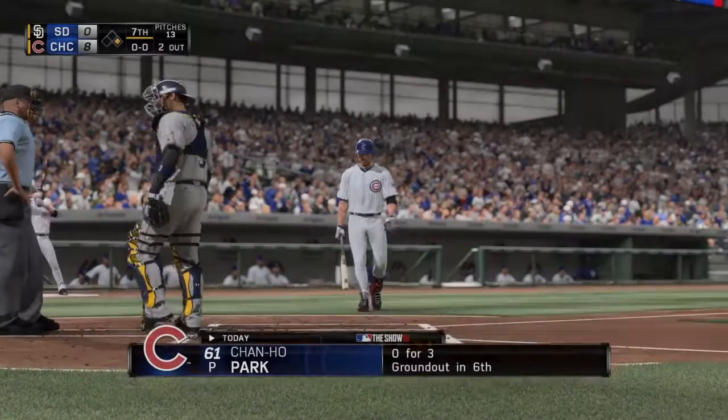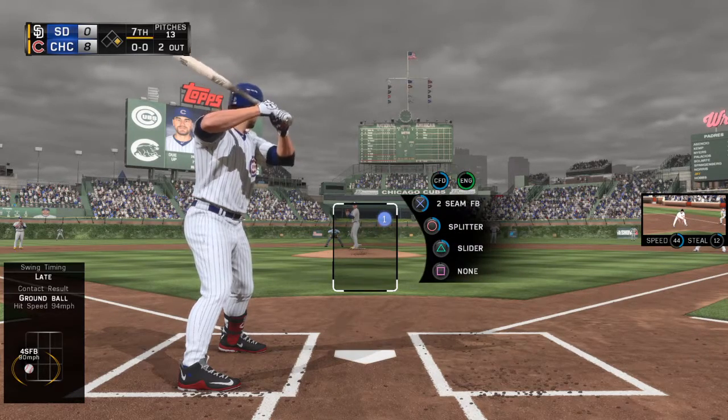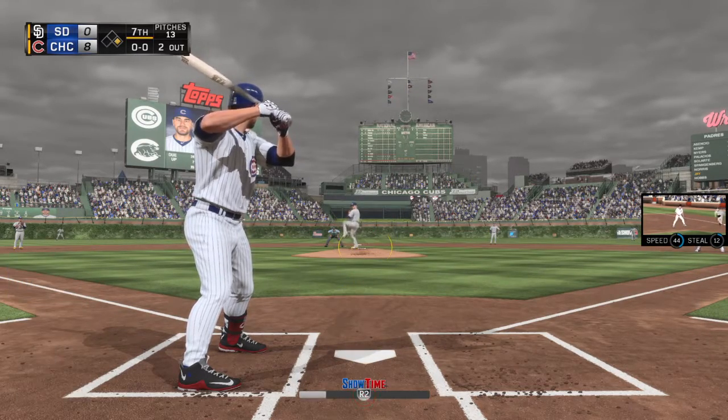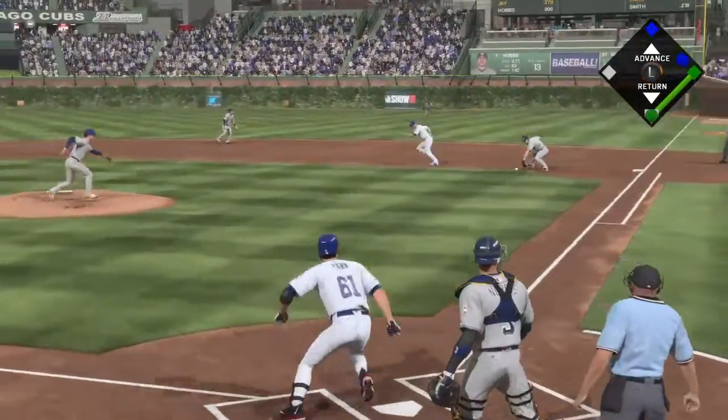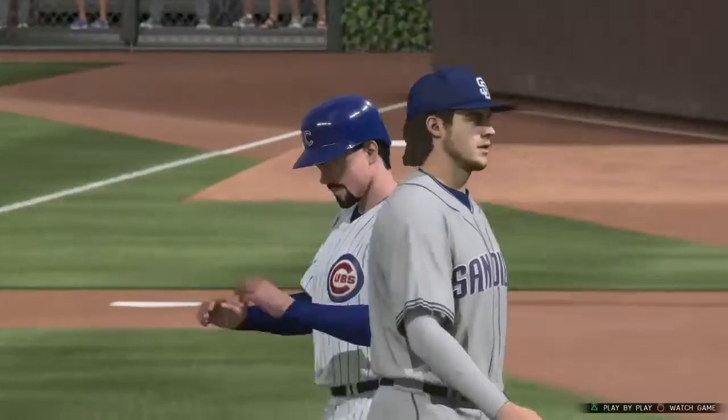Chang-Ho Park will buy himself another at-bat, and in turn he'll get himself a nice little ovation for the work he's turned in on the mound so far. He's been great. This is an appreciative crowd. They like what they've seen. Come on, beat it out. He'll step on the bag himself, and the inning is...